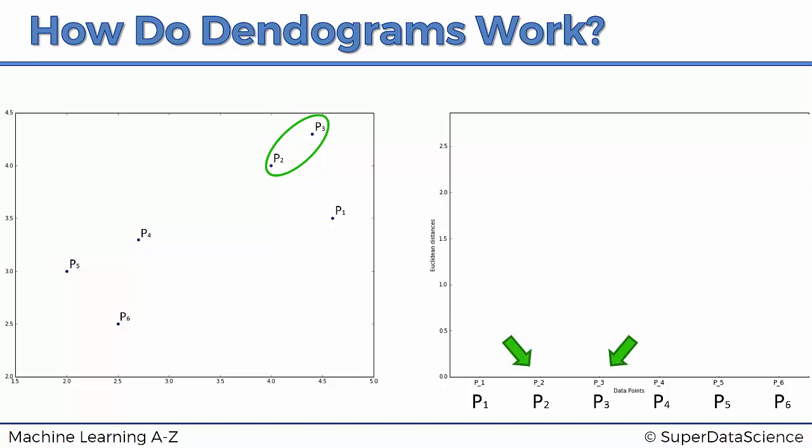How do we signify that we've just connected them and that they were the closest? Well, to connect them, we would use a horizontal line, but then where would we put it? Would we put it at the very bottom? Would we put it a bit higher? What's going to determine how high we're going to place this line? So this height actually has a meaning. This height is the Euclidean distance between them, and it also represents the computed dissimilarity between the 2 points or